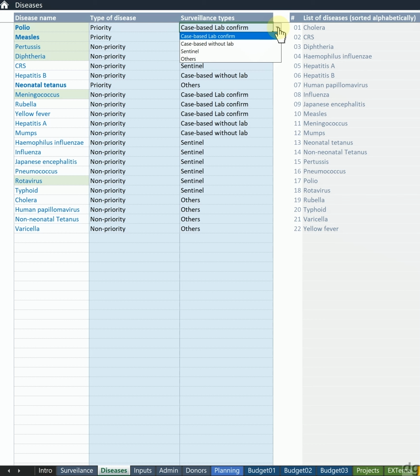Third type of surveillance in this list is Sentinel, and the fourth one is all other. So whatever is known typology, they can be included here. And these both columns, type of diseases and surveillance types, they are used only to